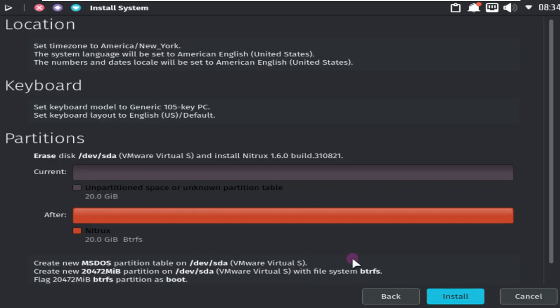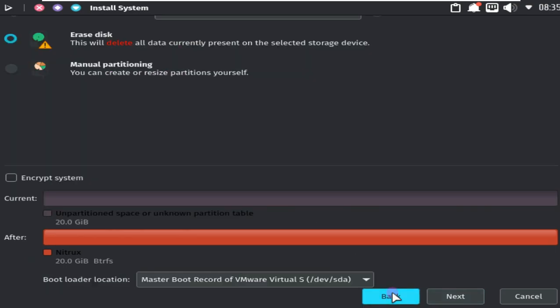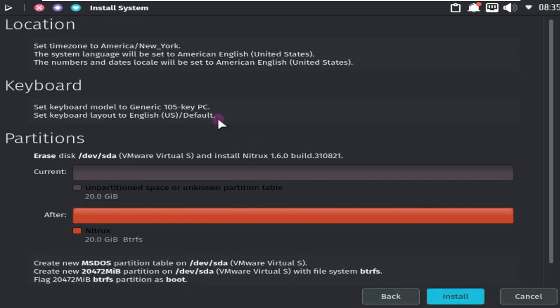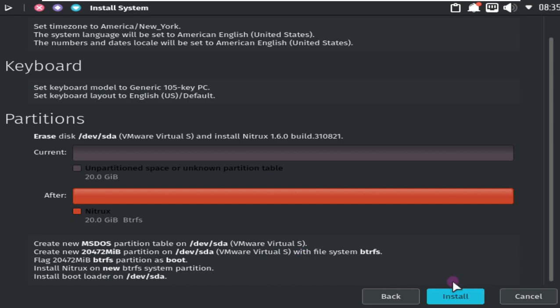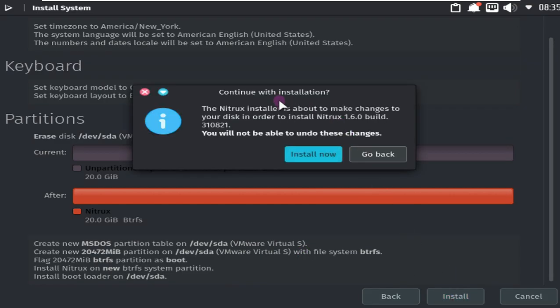The developer said the future Nitrux releases will use their own rootfs instead of the vanilla Debian unstable rootfs used until now. With that in mind, if you want to use Nitrux as your main Linux OS, you can download the Nitrux 1.6 release right now from the official website.